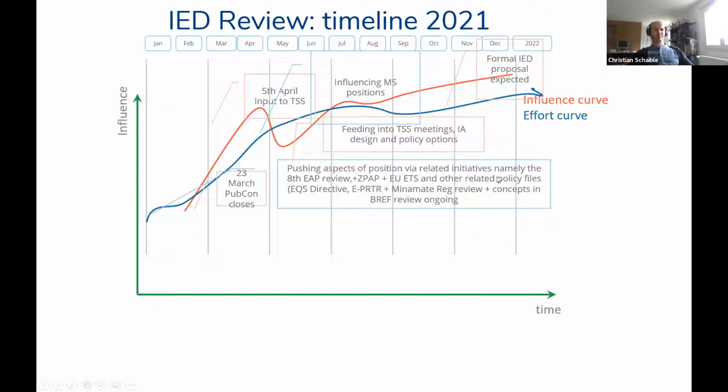I don't think it will be after the summer break, but it should be rather in this kind of time frame. There's a lot of parallel routes and avenues to explore and to push the 8th EAP. I think it's very important for the access to information deficit. We want to have something really strong on the access to information part. And there's a PRTR, Pollutant Release Transfer Register review as well, in parallel, where we want to push this idea that with a few clicks, you can compare permit limits, mandatory reporting on energy and input consumption, the mandatory reporting about, for example, the continuous emission monitoring data, so we can really know where the plants are.